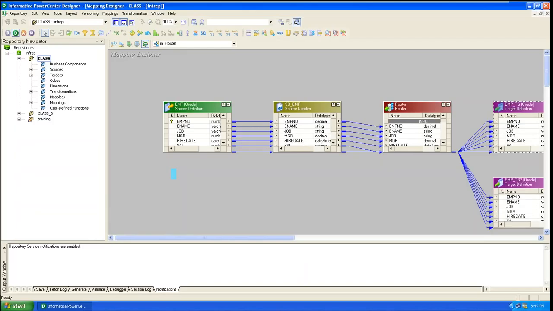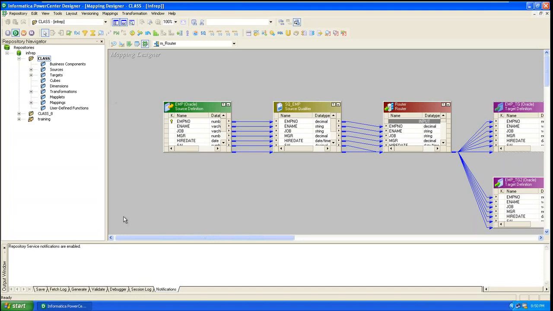Okay, fine. Good. Now, first, to create a mapping, what are the things required? Source structure and, at the same time, target structure. From where do we have to import these source and target structures? We need to import them from the database, right? From the database, the tables should exist. Those tables should exist, then only we are able to work with Informatica, right?